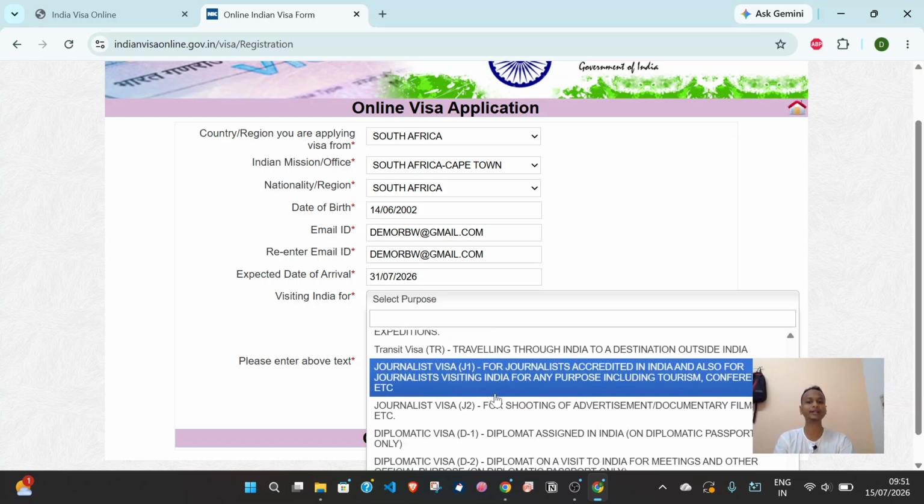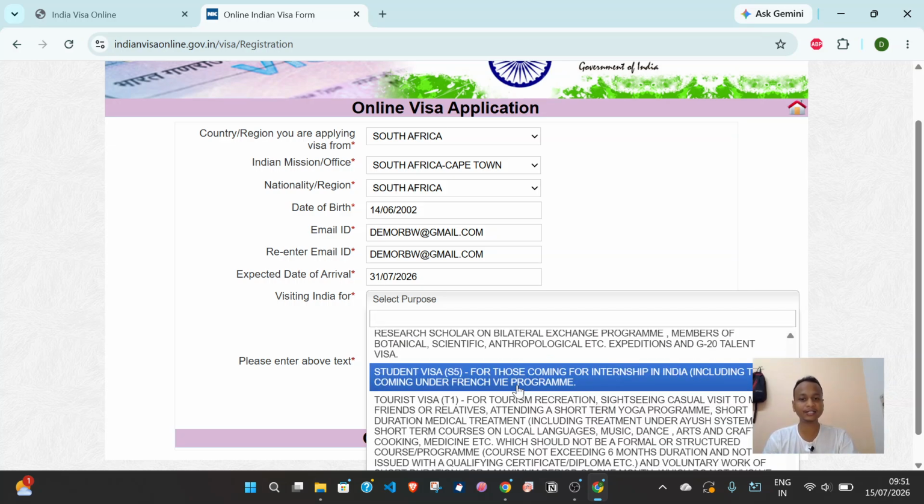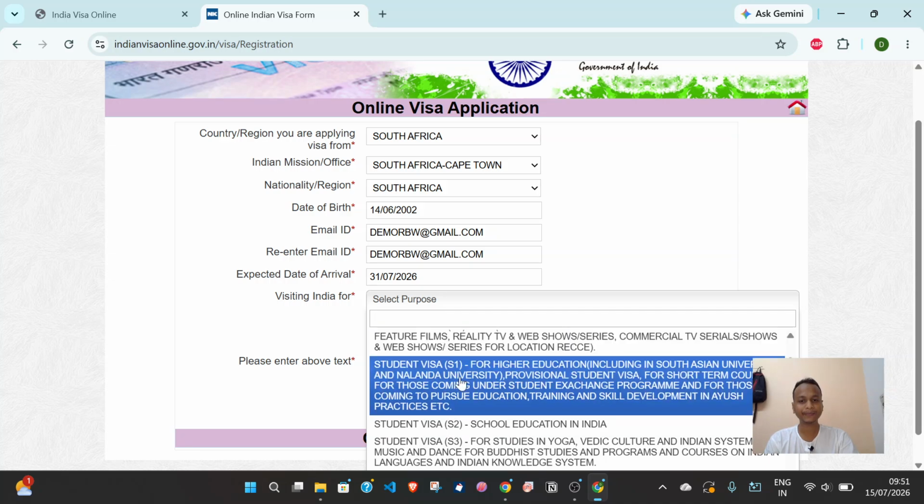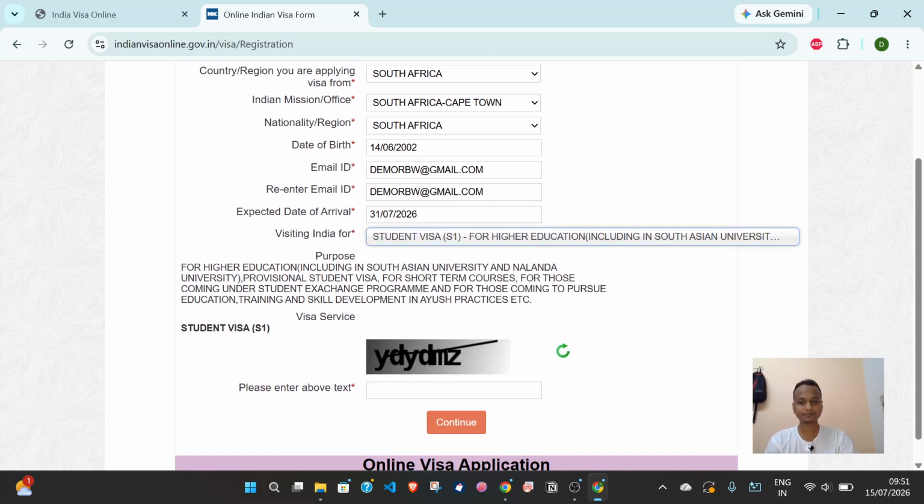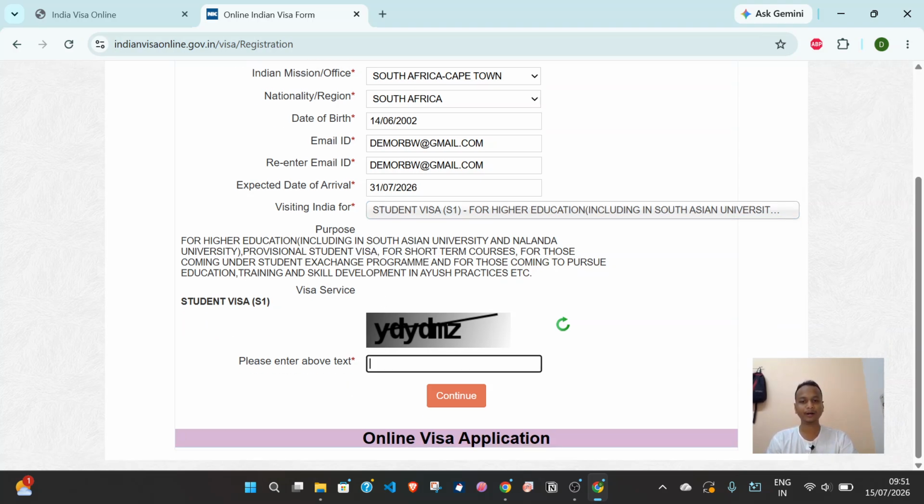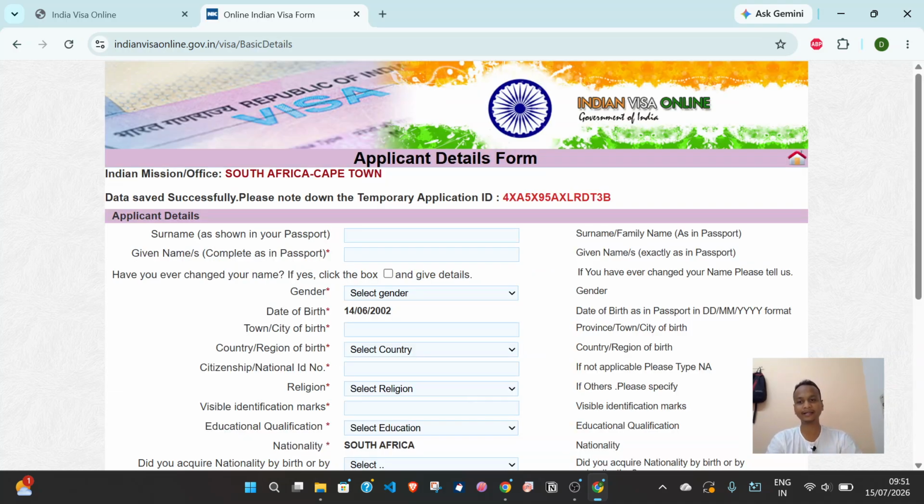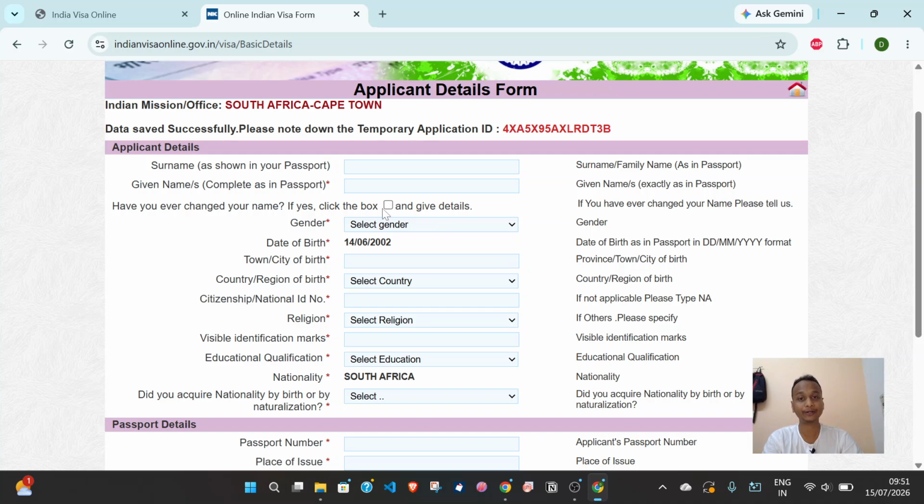And for students, especially for the ICCR scholars, you need to go with student visa S1, you will fall under this S1 type. And then it has been taken there automatically, and then you need to enter this captcha. It's showing YDYDNZ, then you need to click on continue. So I have given it, and then look, I have been taken to this